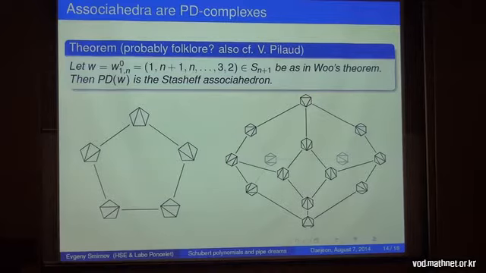faces of upper dimensions correspond to dissections, to partial triangulations of this polygon. So for instance, for n equal to 3, you get such a nice polytope with 14 vertices in 3-dimensional space. It has 14 vertices and 9 faces. Some of them are pentagons, some are squares. Well, okay. So that's one of the results, and